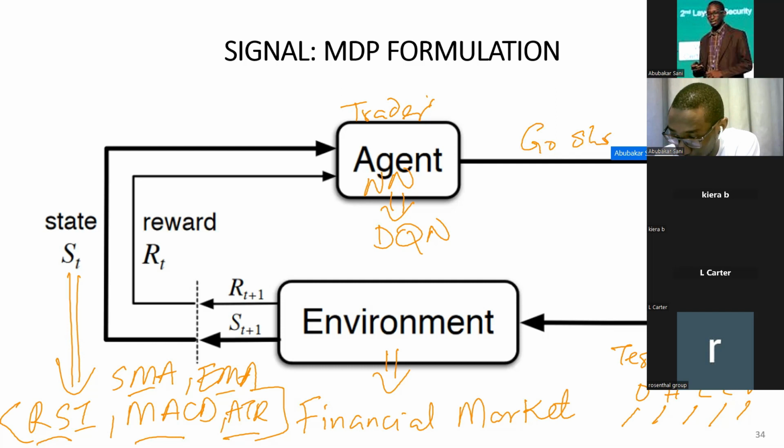Should I go long? Or should I hold? So he has 3 options to choose from. He will pick one of these 3 options. He will decide: okay, RSI is less than 30, let me go long. Oh no, RSI is greater than 70, let me go short. No, RSI is in between 30 and 70, I'm going to hold. Assuming I am the agent, maybe.